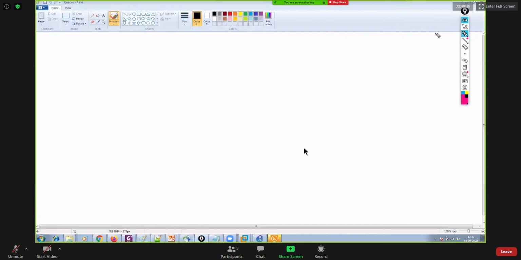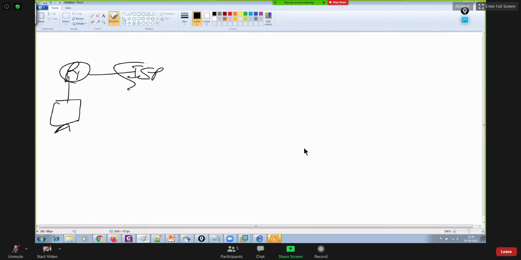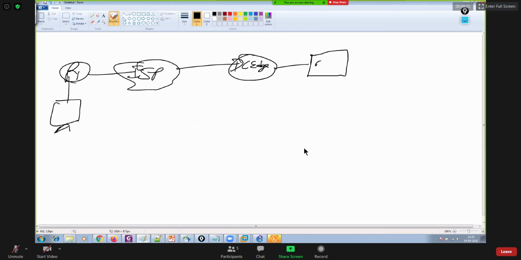Initially, if I talk about this diagram, the end user is connected with your router, then it's connected with ISP, then with DC edge, then with BIG-IP, then with a switch, and then with a real server.